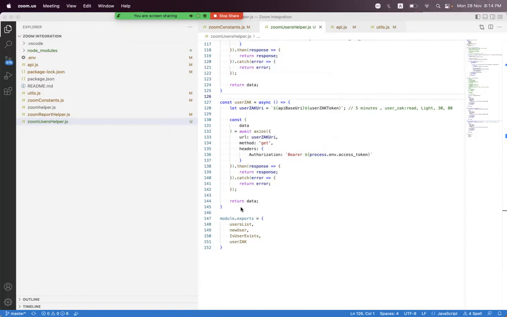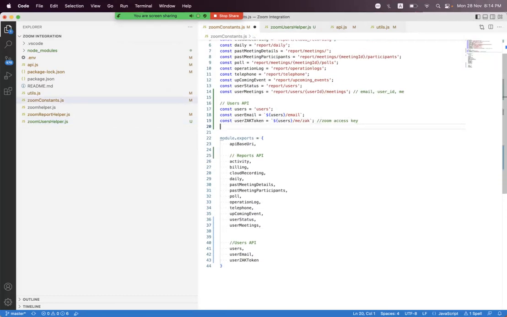In the last session, we learned how we can get the userId token using the Zoom Users API. We are continuing with the Zoom Users API, and in this session, we will learn how we can get the user from the Zoom Users API using the different filter query parameters, and what type of record parameter we can pass to get the record. So for that, we first need to